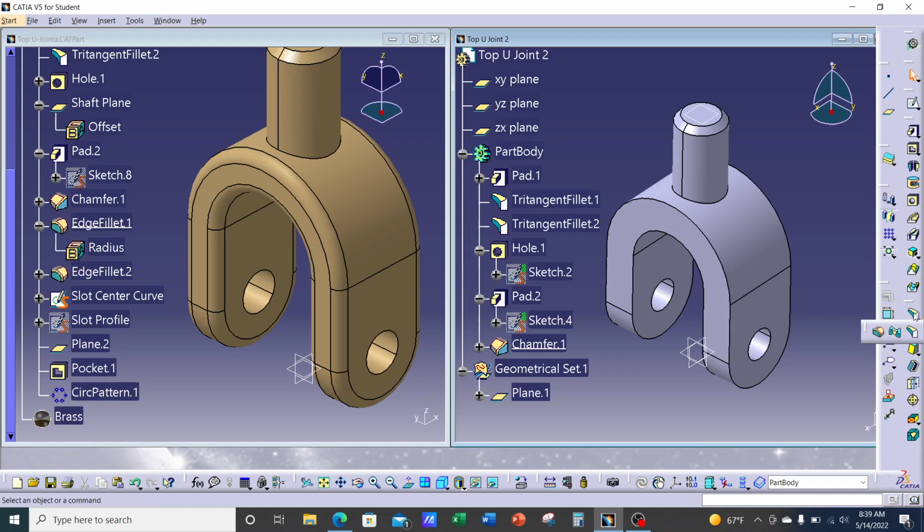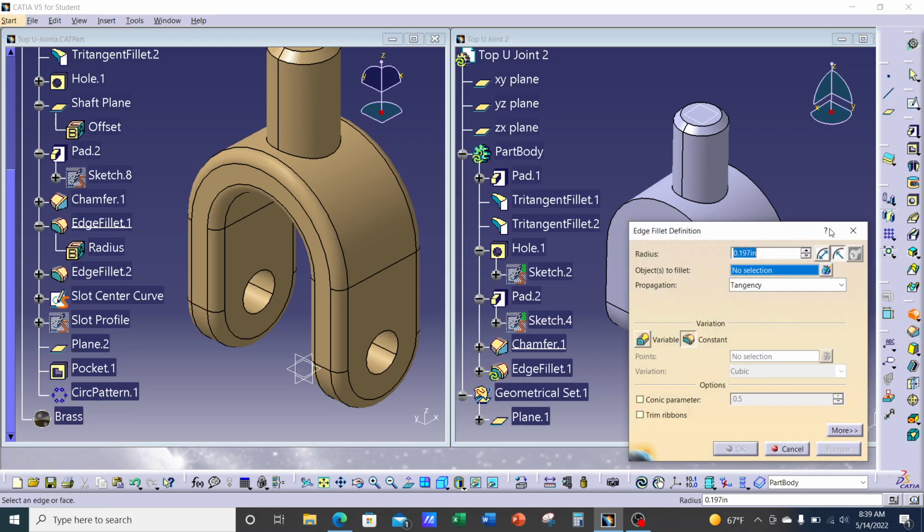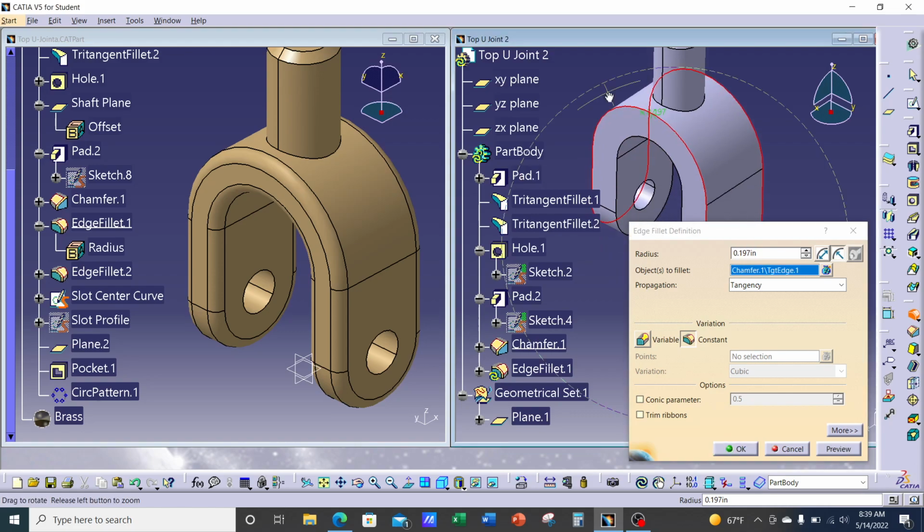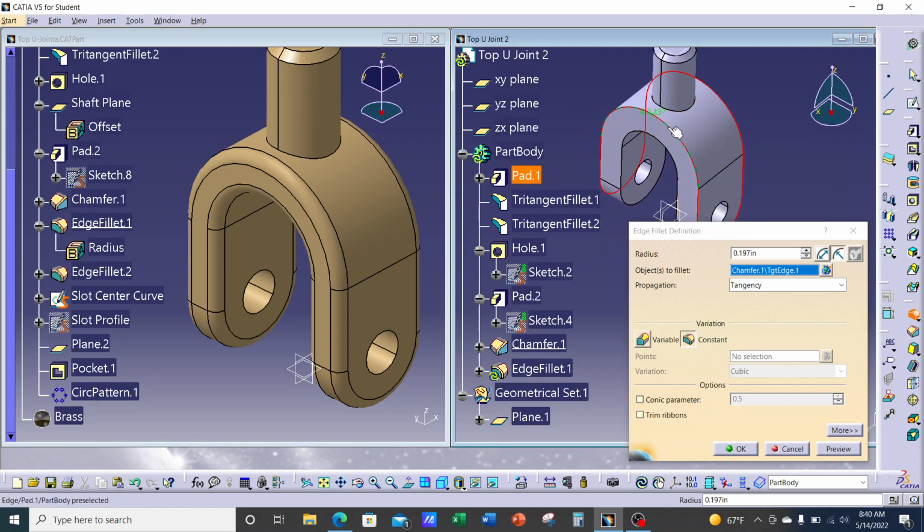Notice it was on tri-tangent. It remembers the last fillet type that we used was tri-tangent. Let's go to edge fillet. Pick the edge. Notice how it goes all the way around. Even though I only clicked one edge, it recognizes tangency and keeps going all the way around because we have it set to tangency. Now if I would have said minimal,